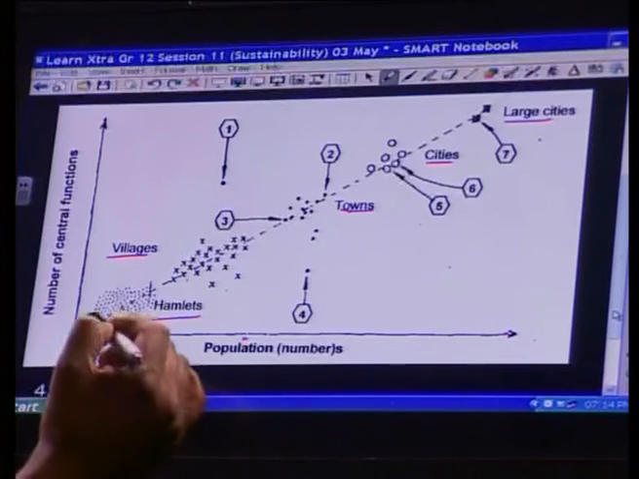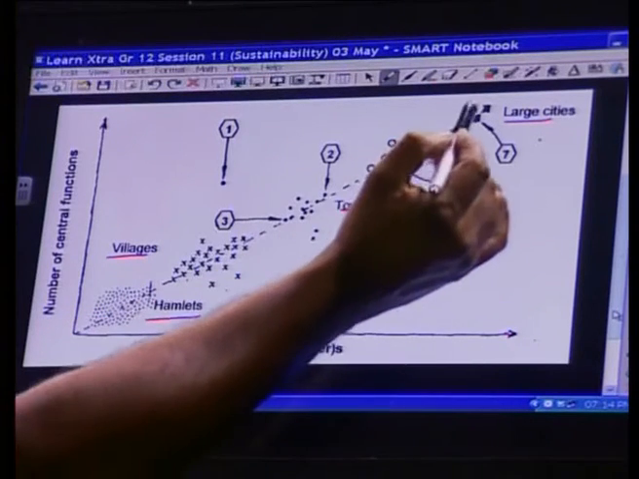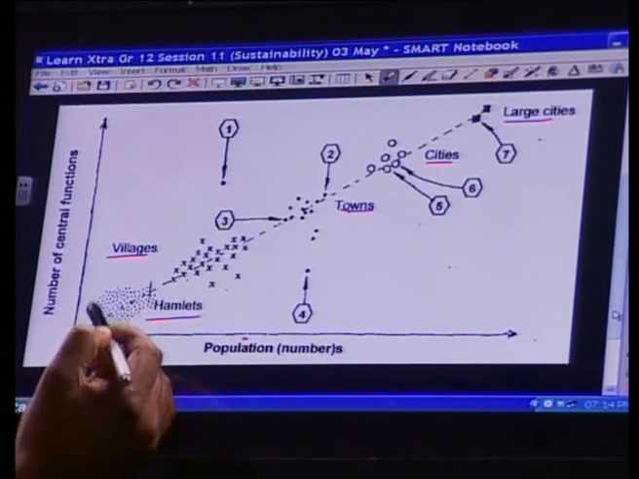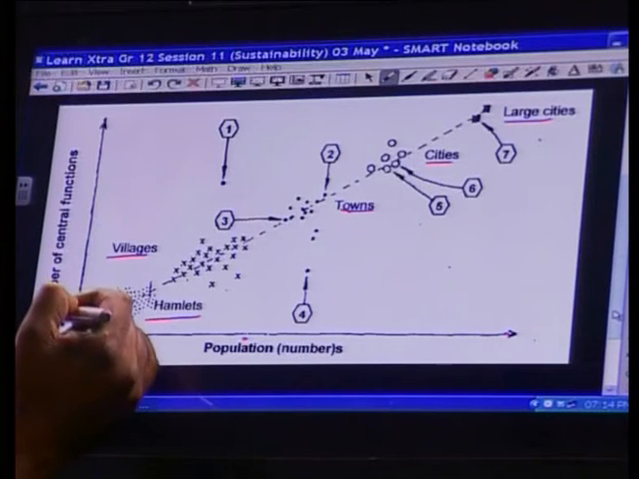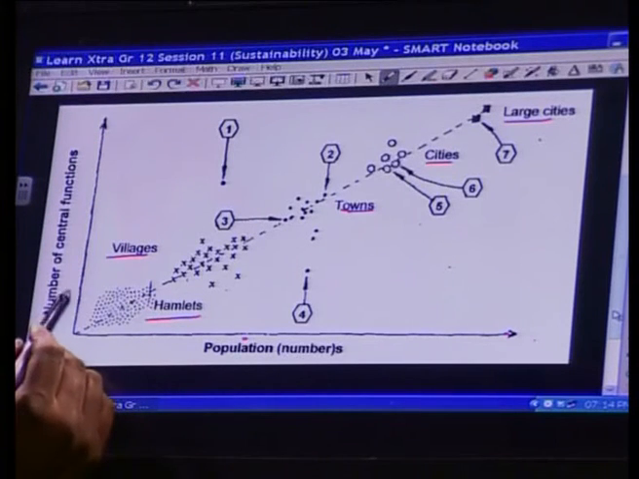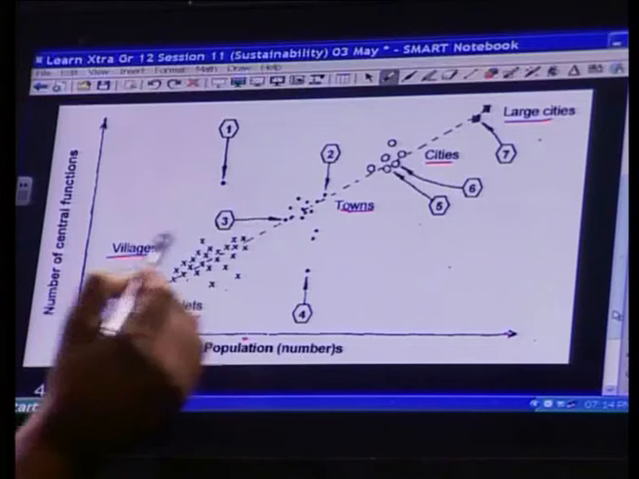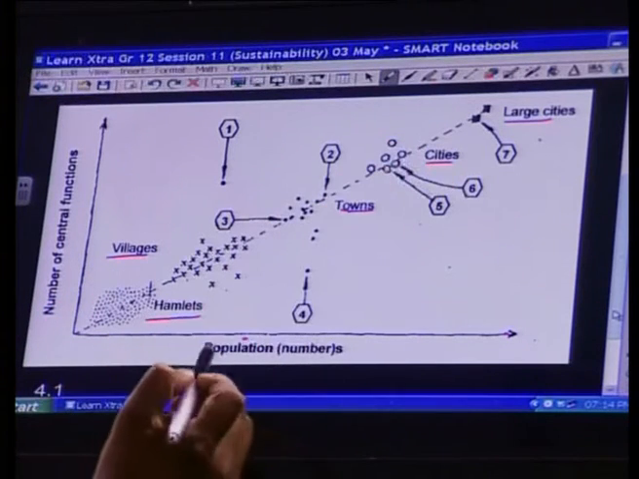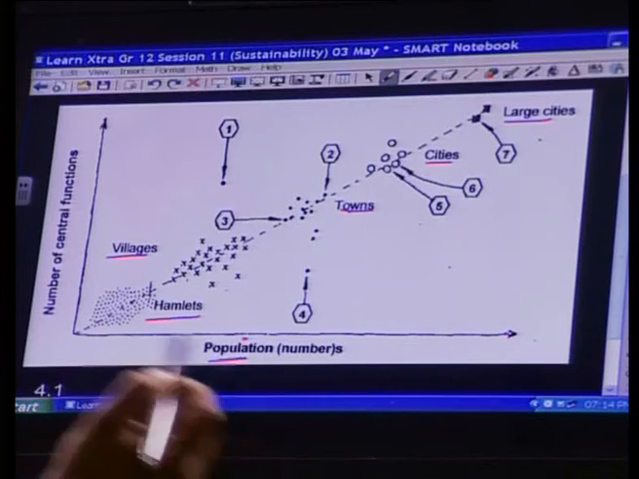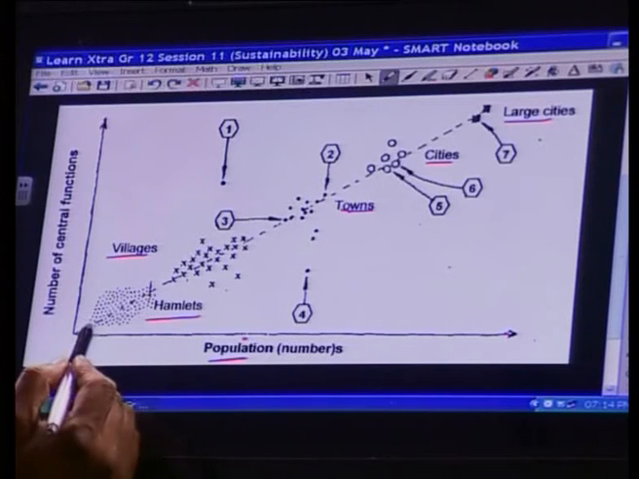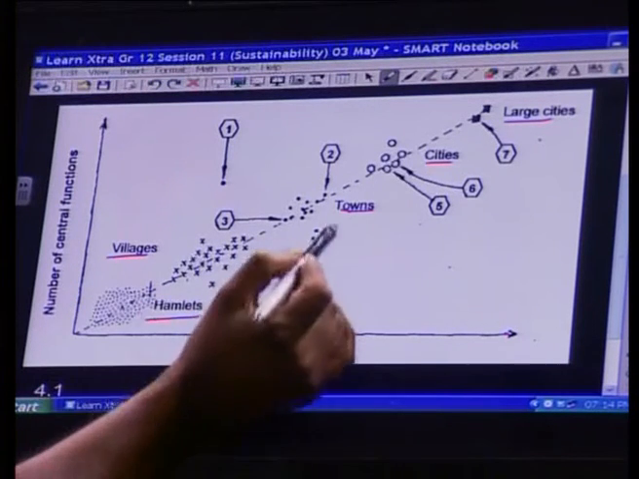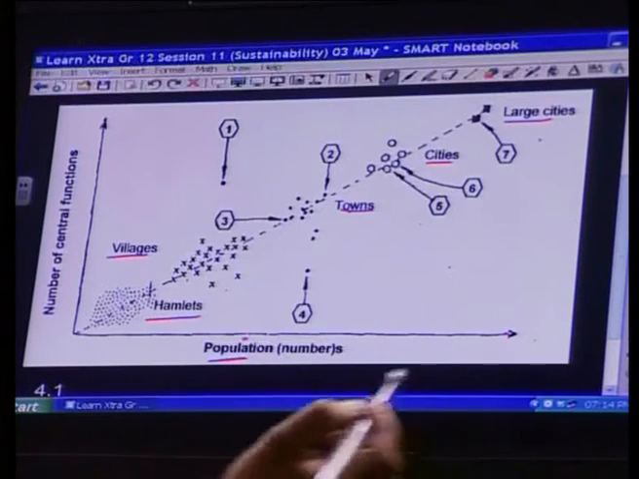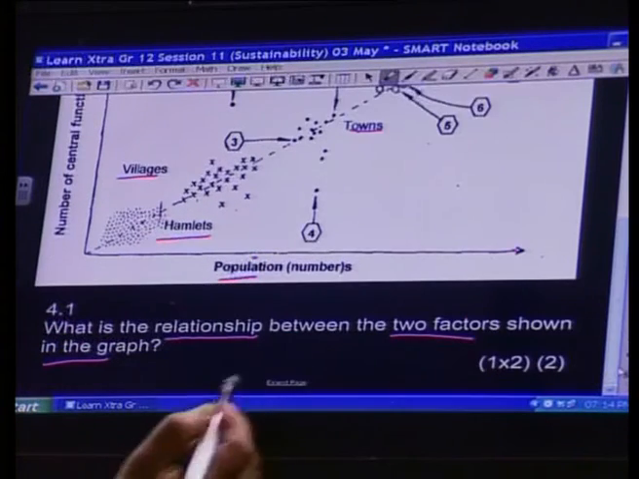Whenever you are asked this type of question of a graph, remember the following. A relationship is suggesting to you you need to analyze the trend of the graph. The one set of information is based on number of central functions. In terms of the different types of settlements displayed, the number of central functions is increasing. If we look at the other set of information in terms of the population as you move through the various different settlements is increasing. So our relationship becomes